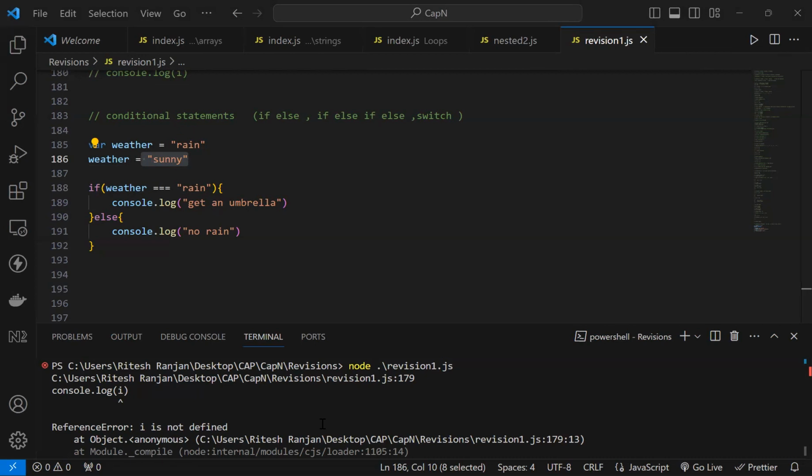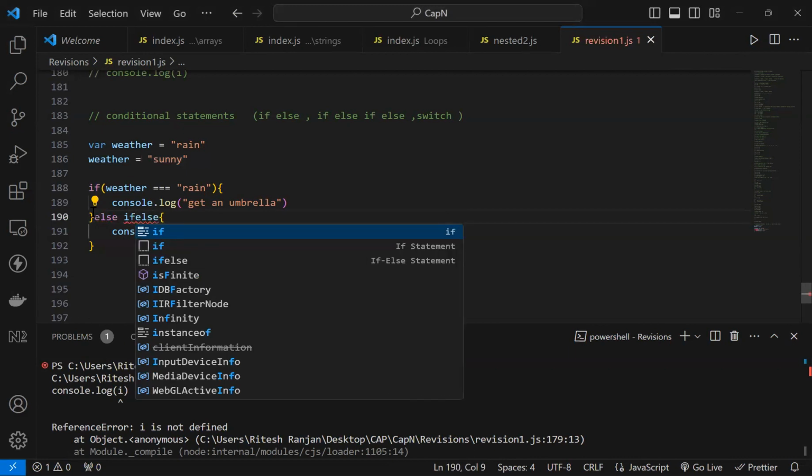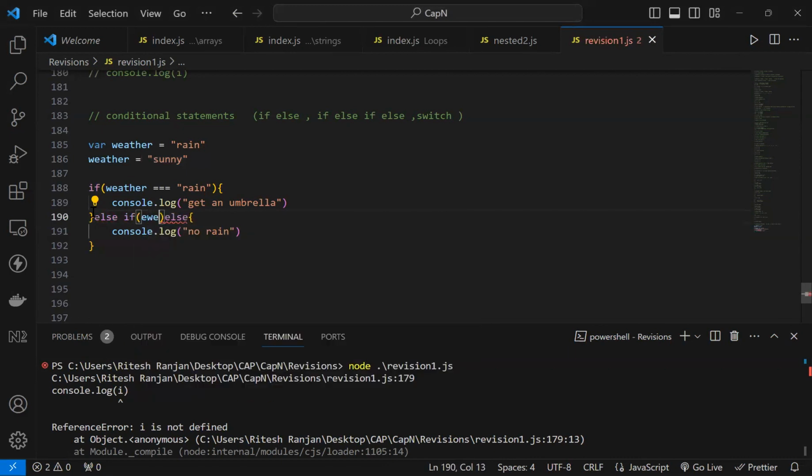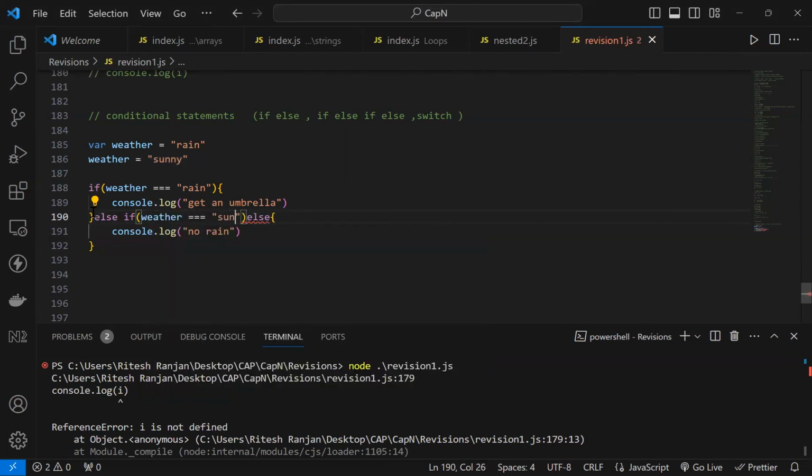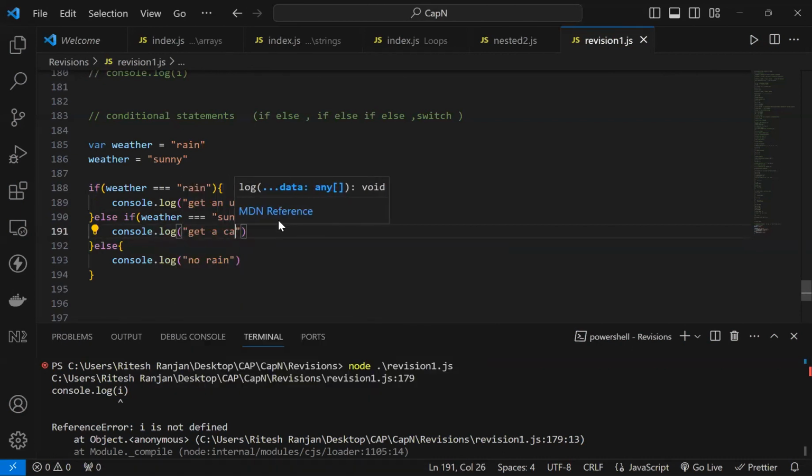राइट। ठीक है, चलो मैं लिख देता हूँ। तो वी कैन गो विद एल्स इफ वेदर is triple equals to sunny, I can go with console.log get a cap. राइट, तो बेसिकली हम या तो इफ या एल्स में कंडीशन लिख सकते हैं ओनली व्हेन वी हैव जस्ट 2